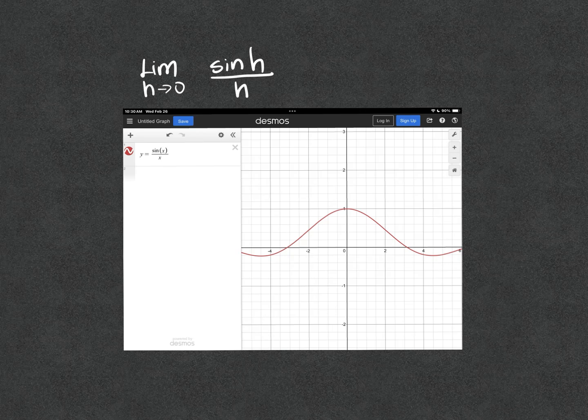In a previous course, you probably looked at the limit of sine h over h, or sine x over x. When you look at the graph of this function, it definitely looks like the function wants to go to the value of 1. If you zoom in closer, you'll actually notice that there is no value there because when x equals 0, h equals 0, this is an indeterminate form